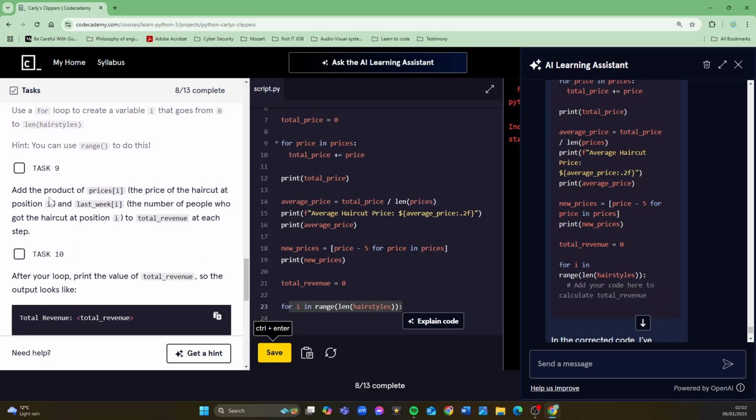Task 9, add the product of prices I, the price of the haircut at position I, and last week, the number of people who got the haircut at position I, to total revenue at each step. So remember the variable name goes on the left, so total revenue is going to have added to it